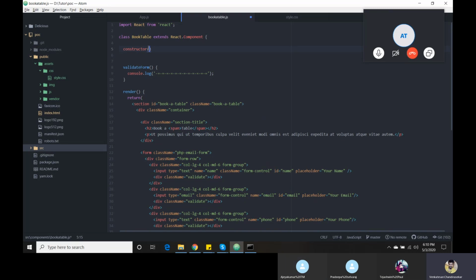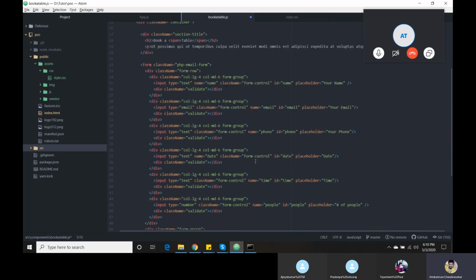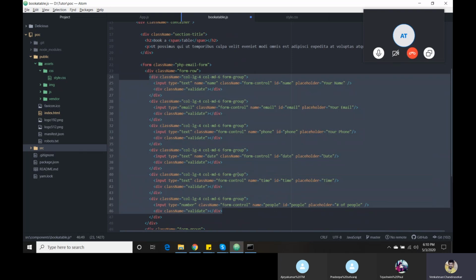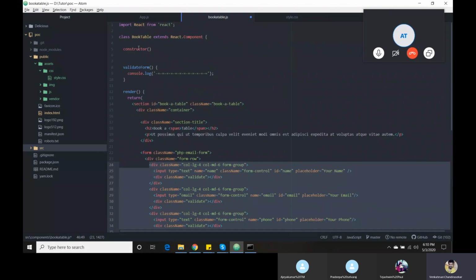Whenever we create an object, for example when I send 7 parameters as an object to the database, that is the reason I create an object. In class components we should initialize it, then only can we easily obtain the value of an object. That's the reason I'm going to create one constructor.